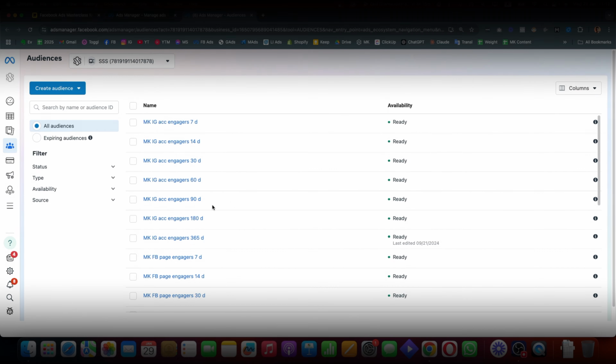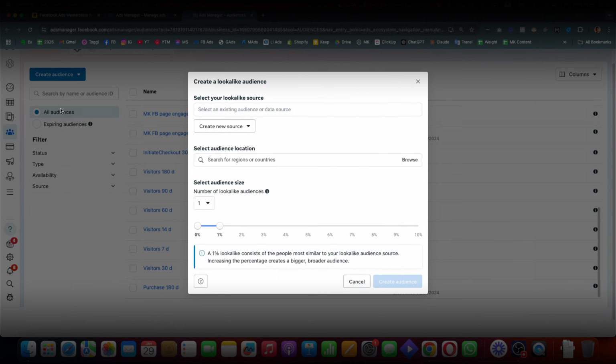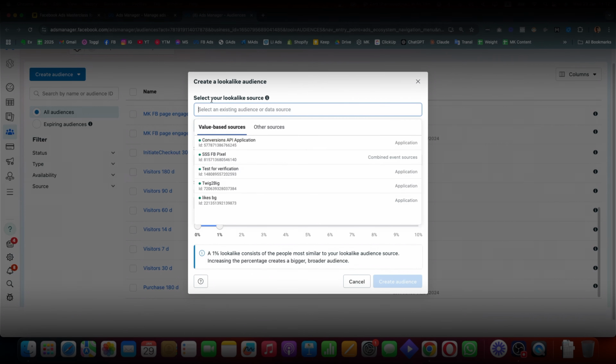This is it for custom audiences. Another thing that Facebook is very famous for is lookalike audiences. Now, in the past, I feel these did a lot better up to 2020, I would say. Once the iOS update rolled in, I feel lookalike audiences stopped performing that well, but they still perform in some cases. So what you can do is choose an existing source, and for this you can choose your uploaded list